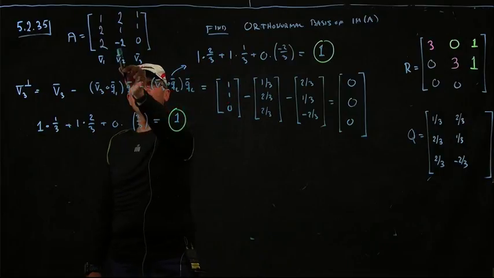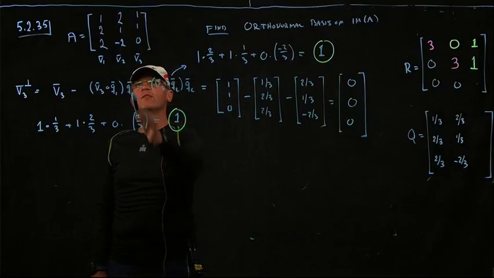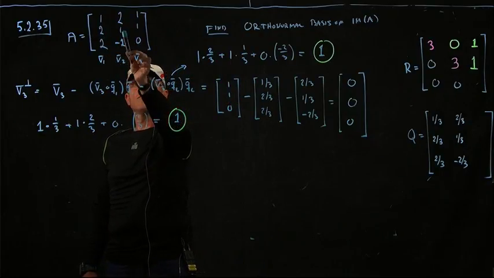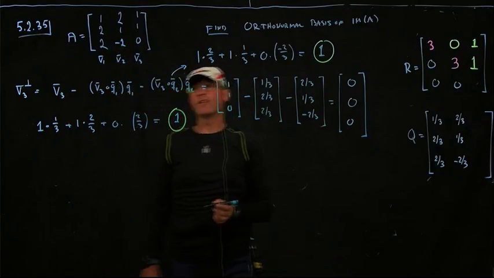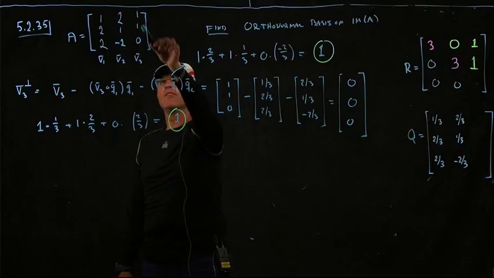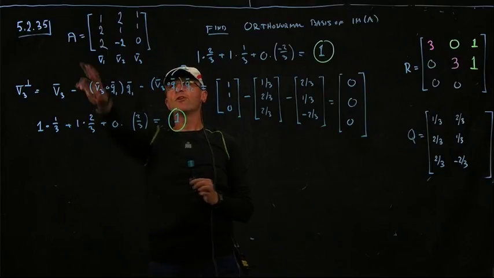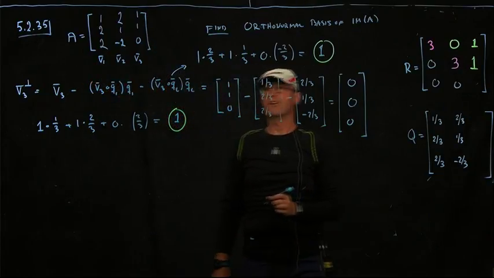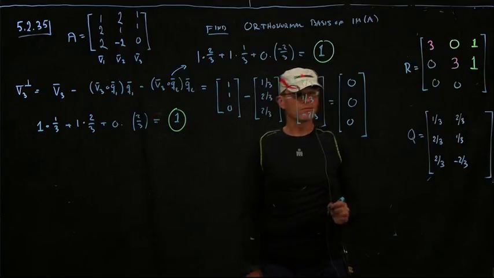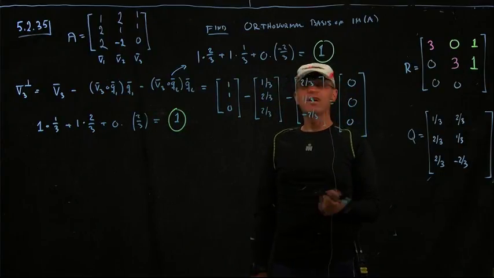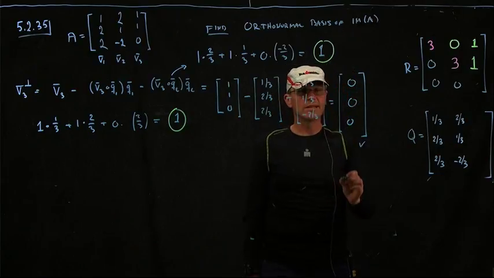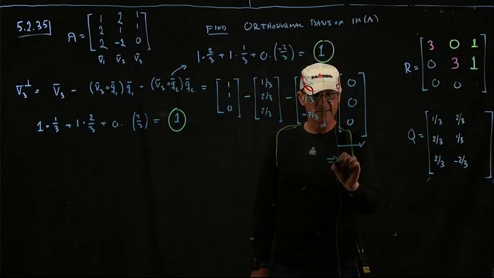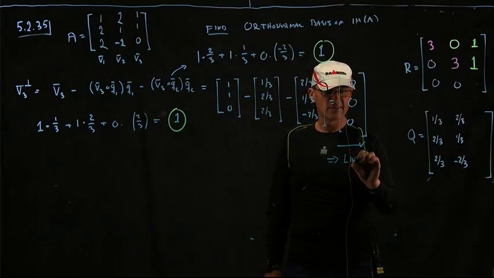So say we add the first two columns, right? We can then get 3, 3, 0, right? And then divide that vector by 3, then we would have 1, 1, 0, right? So a third times the first plus a third times the second would generate the third, right? So the way that shows up in Gram-Schmidt is that we end up with a 0 vector, right? So this here means we have linear dependence.